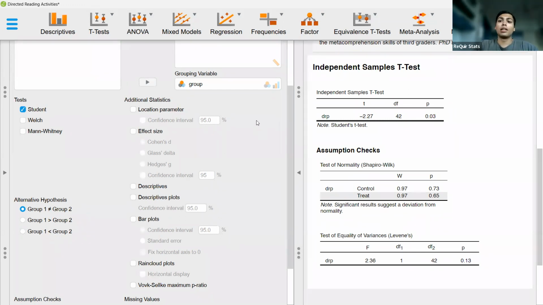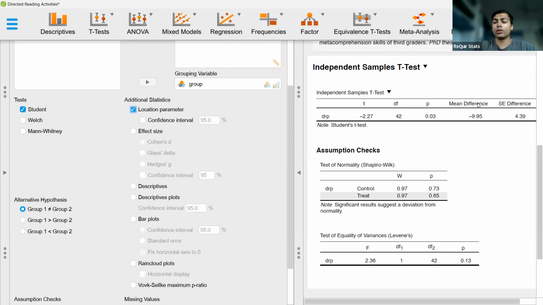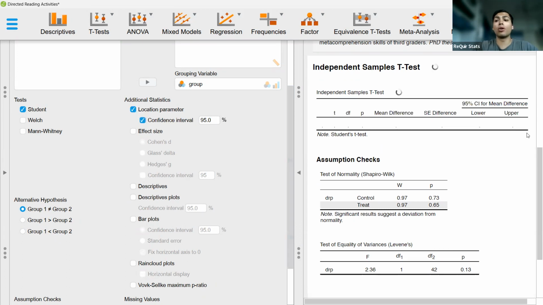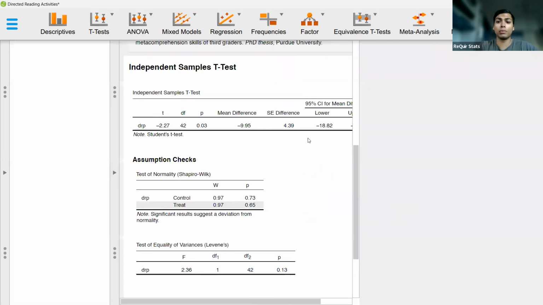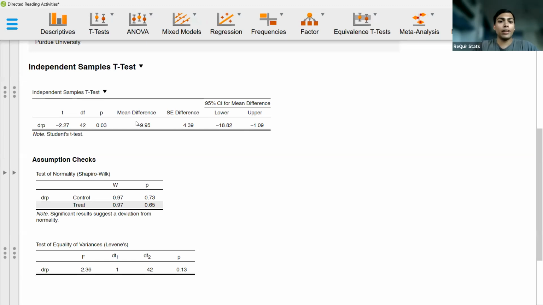Now, we can of course calculate the difference of means by hand. So if we go to descriptives, we can also of course calculate them, but why do that when we can get the mean difference, ready-made for us? So just select the location parameter checkbox, select the confidence interval checkbox. So that will give us a confidence interval for the difference in means. And we get the mean difference with this 95% CI. So approximately 10 points. So that is what we saw, right? So a 10-point difference between